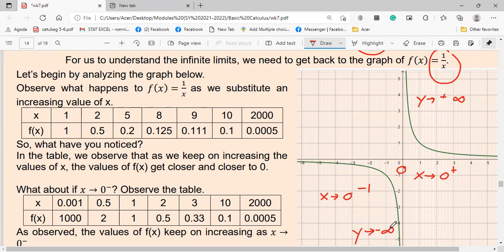Y keeps on decreasing as shown on the graph. Now class, itong y that is equal to 1 over x ay malaki ang kanyang kinalaman. Kumbaga, when you try to understand this graph, meron na siyang kinalaman sa mga komplikadong rational functions. So paano natin magagamit ulit si 1 over x para ma-solve ang mga possible na